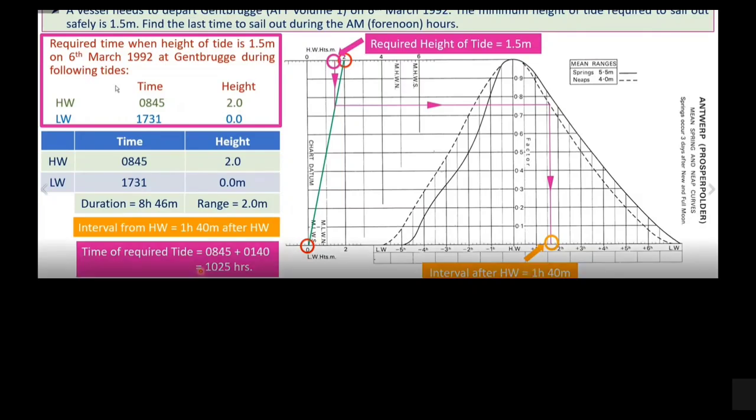यस सर। सो 10:25 के बाद 12 बजे तक सेल आउट करने के लिए हमारे पास पॉसिबिलिटी नहीं है, क्योंकि 10:25 पे हाइट ऑफ टाइड 1.5 मीटर होने वाली है। अब बेटा मुझे ये बताओ कि 10:25 से पहले 10:24 पे हाइट ऑफ टाइड 1.5 मीटर से कम होगी या ज्यादा होगी? ज्यादा होगी सर। ज्यादा होगी। 10:24 पे हाइट इससे ज्यादा होगी, 1.51 हो सकती है, 1.6 हो सकती है। तो उसमें हम सेल आउट कर सकते हैं? यस सर। बिल्कुल सही है, उसमें सेल आउट कर सकते हैं।